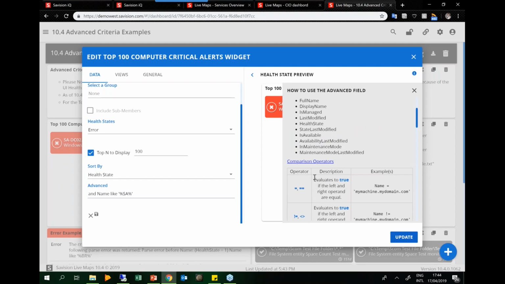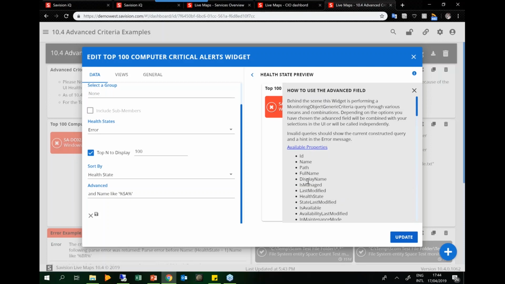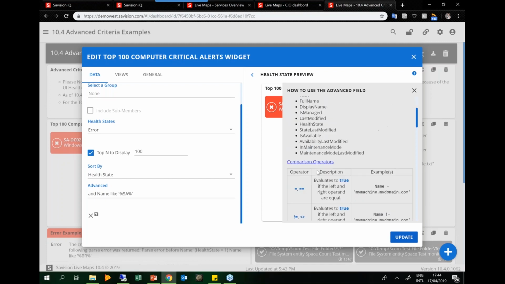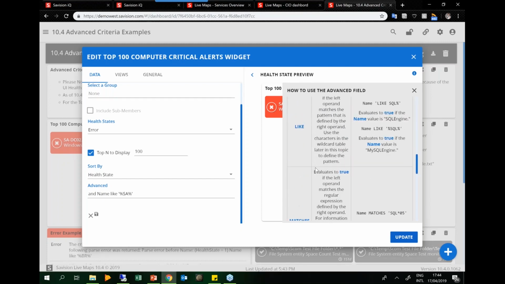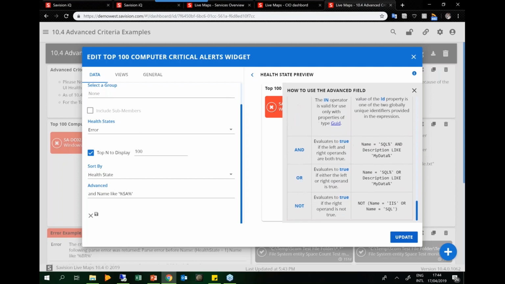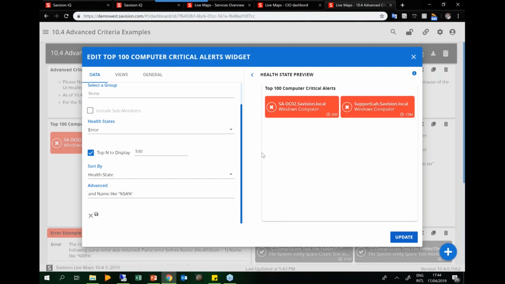So this, I think, if I remember correctly, is a health state widget. It actually has fewer abilities than potentially the SQL one or other components as well. But it gives you all of the properties that you can search against and parameters that you can use to really narrow this down. So you could do, show me all live maps, groups and user components from only this service. So email needs to be in there, or Exchange needs to be in there, and then it will label